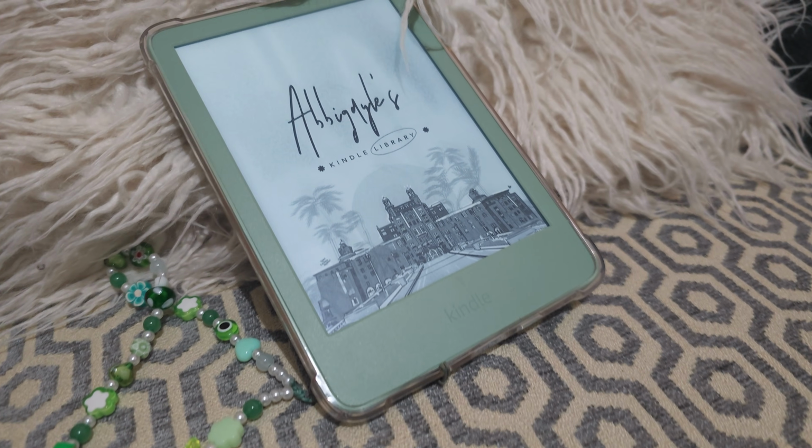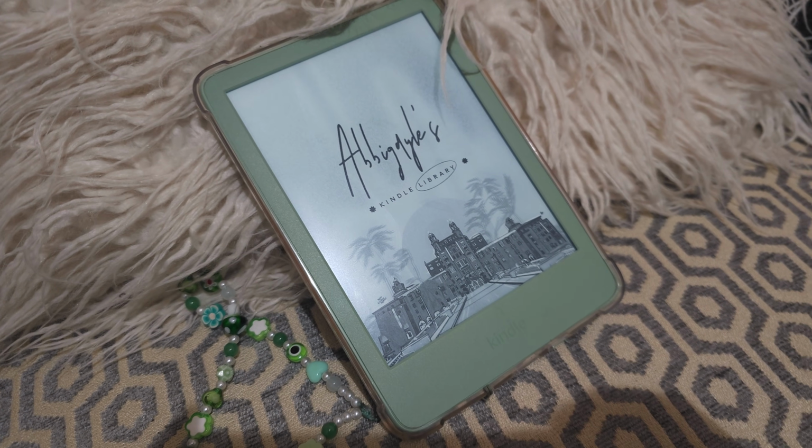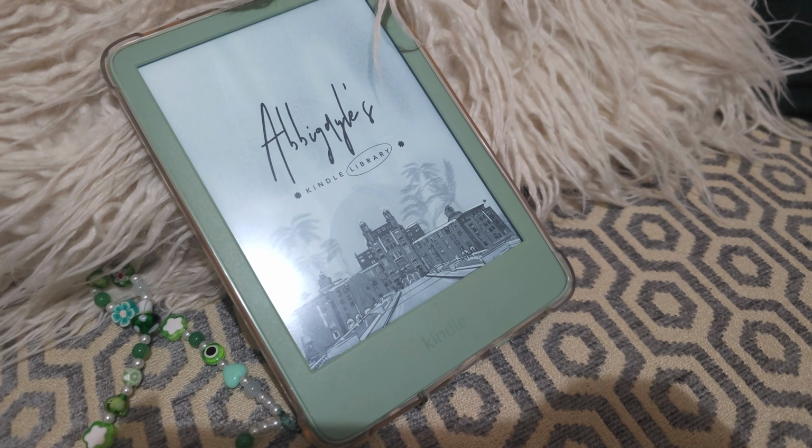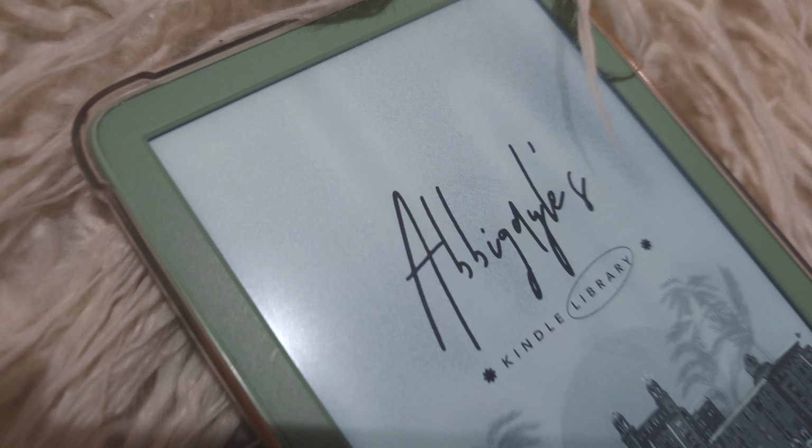See how my Kindle screensaver has no black borders on any side of it? In today's video, I'm going to show you exactly step by step how to make a full screen lock screen